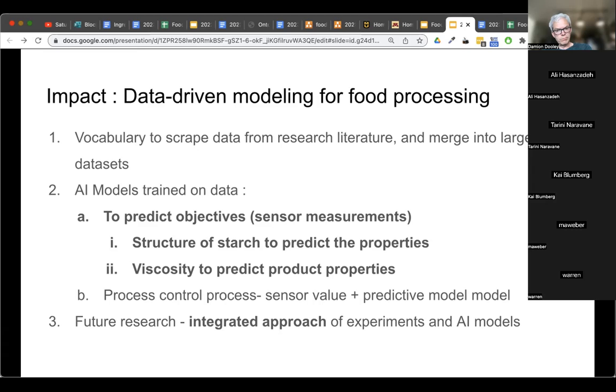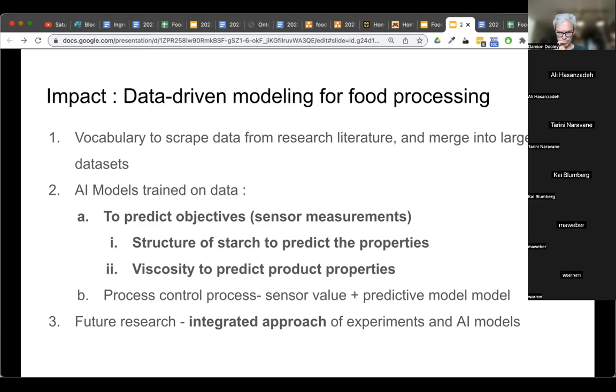And so I did a little example of this. I got data on rice cooking, and I'll be happy to present these results. They're actually quite good. The idea is to predict the objectives, and the reason to do this is that it reduces the experimental load. At a certain point, when you have a large enough body of data, the predictive models can substitute for actually doing what-if and scenario analysis. In my study, I tried to predict objectives, meaning what the sensor would